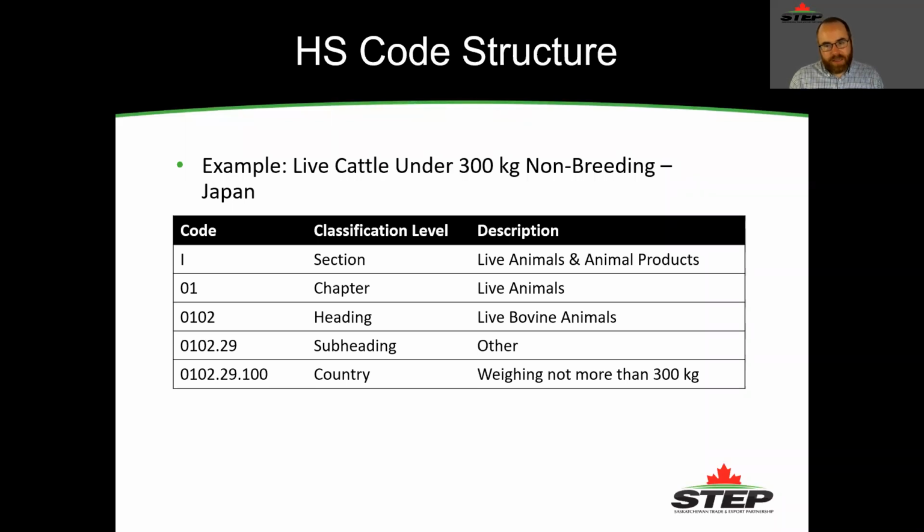Basically, if your product doesn't fit well into one category, you just pick the other category and apply from there. And these categories differ by country at that country level, which we talked about, and they differ by form. So it could be what it is, or it could be by function. For example, if you were selling wheat, which isn't a great example for small exporters, but if you're selling wheat to Japan, there would be a code for wheat that is to be milled, a code for wheat that is destined for feed, and a code for wheat that is destined for seed, and all might have a different tax rate applied to them.